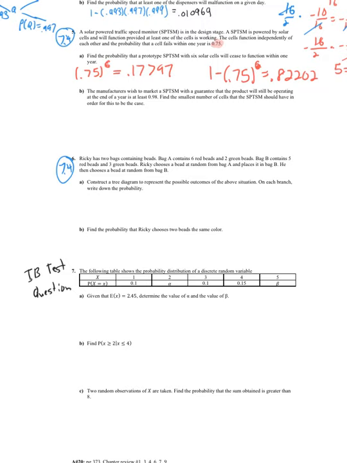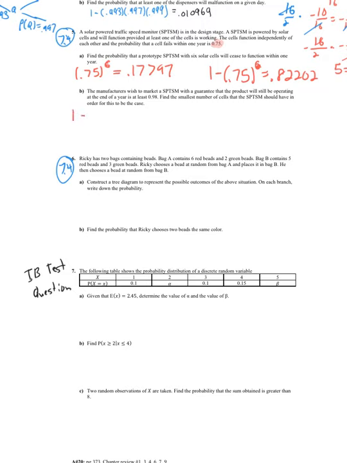All right, the manufacturer wishes to market with a guarantee that the probability the product will still be operating at the end of the year is at least 0.98. Find the smallest number of cells that the SPTSM should have in order for this to be the case. So in this case,